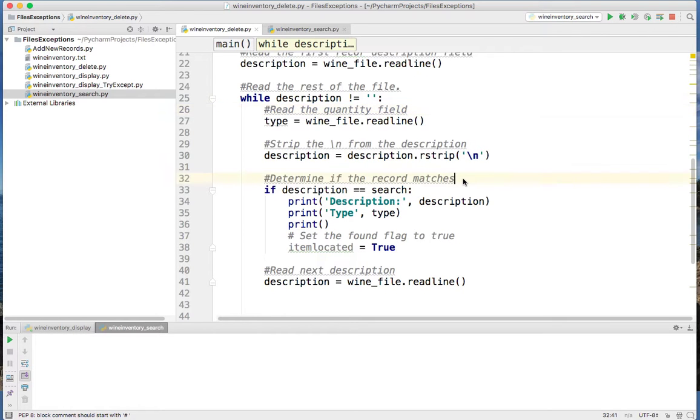But let's see here. We're going to change this here. So we're determining if the record is what we want to purge. So we're saying, hey, if the description doesn't equal the search, so we're going to do something different here. So we're going to do doesn't equals the search. So if it don't equal the search,